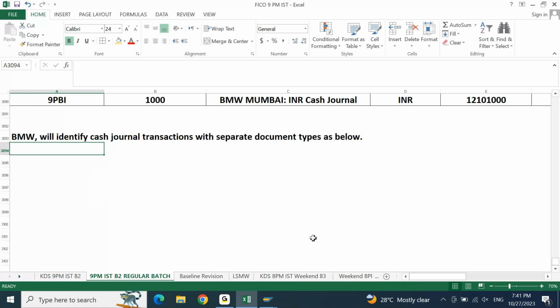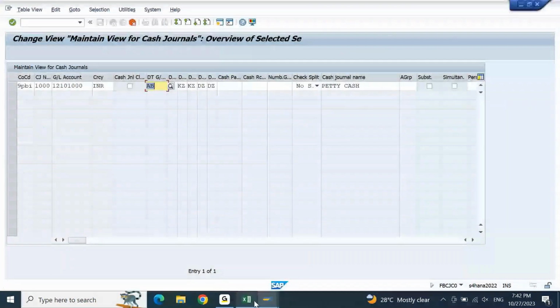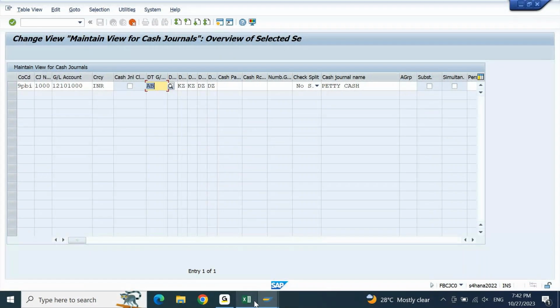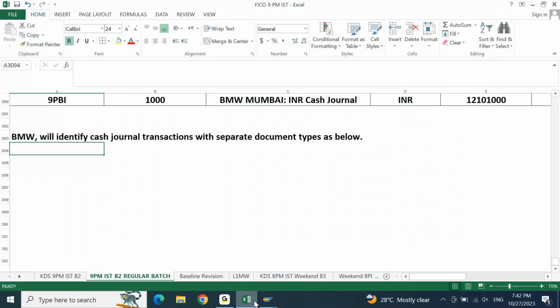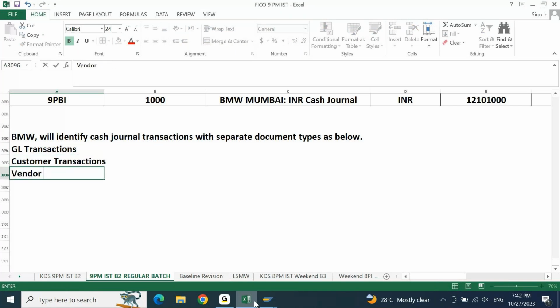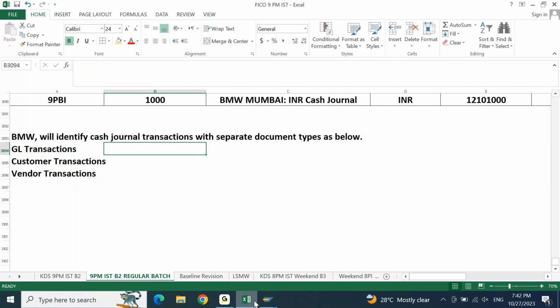Now we have seen here you have got three type of transactions. One is GL, the other one is customer, and the last one is vendor. Here let me write GL transactions, customer transactions, and vendor transactions. Assuming for GL related transactions, you will be creating a document type. Let's say